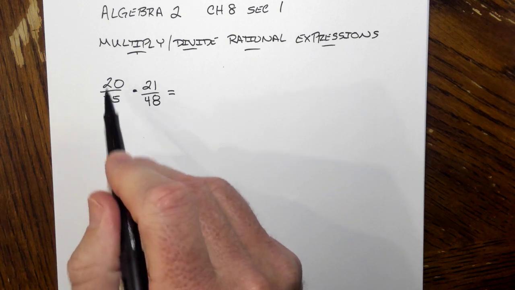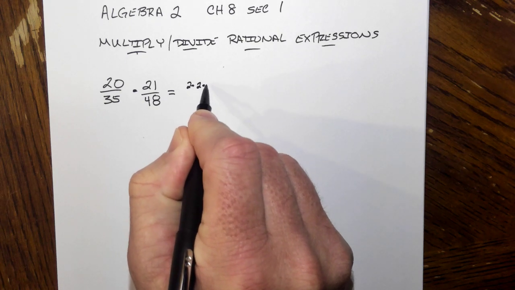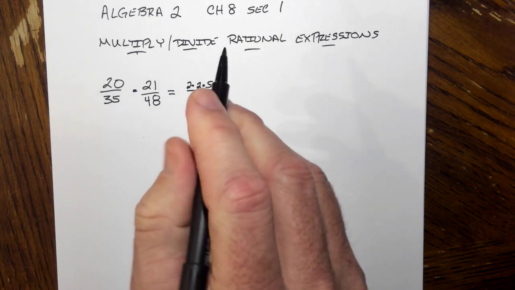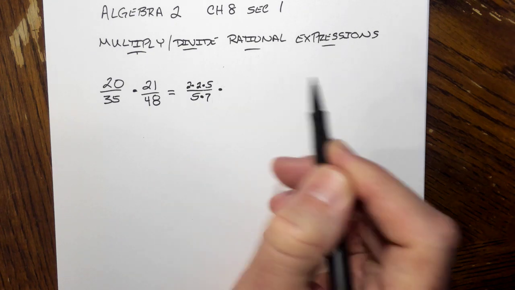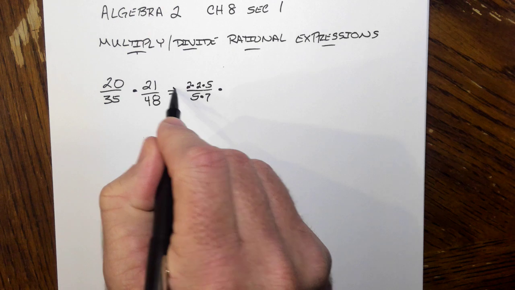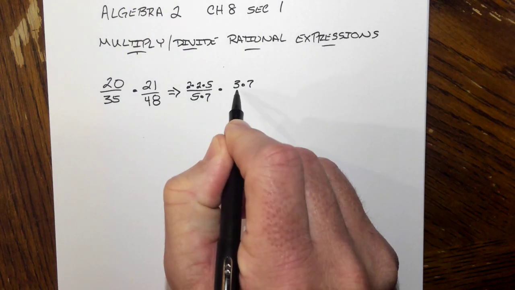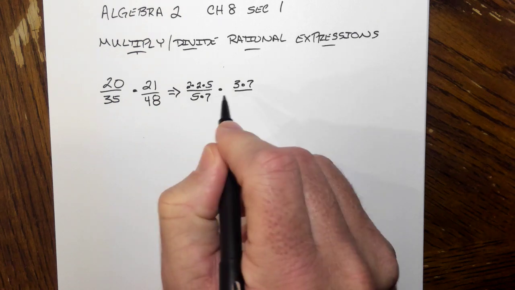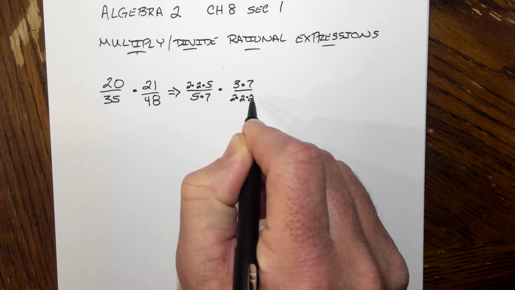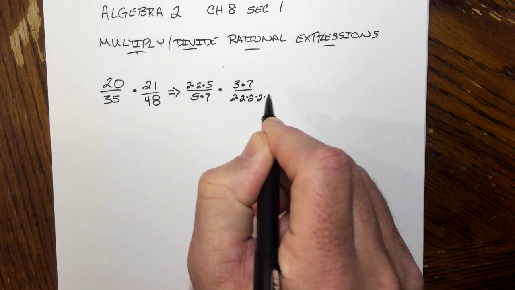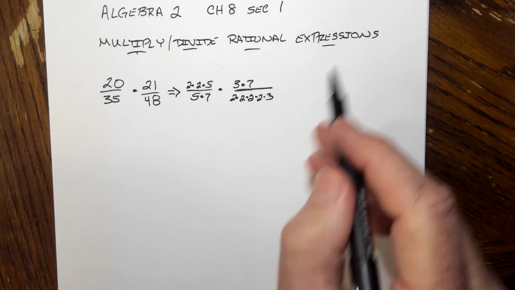What's back in the good old days of prime factorization? 2 times 2 times 5. 5 times 7. We're still multiplying the fractions together here. So 21. 3 times 7. And then the 48. 2 times 2 times 2 times 2 times 3. Now,